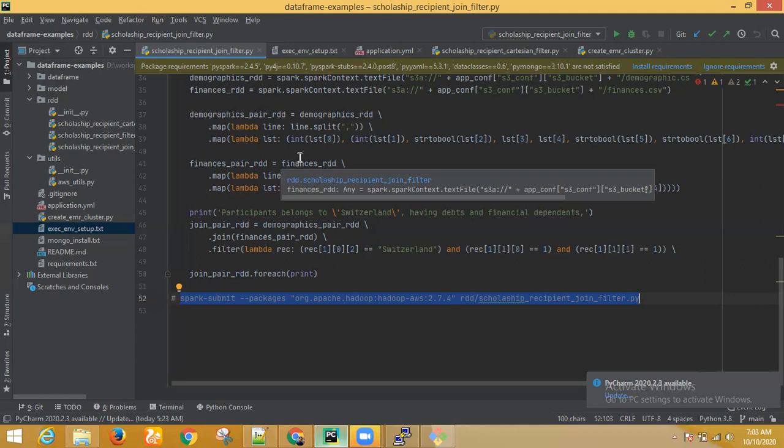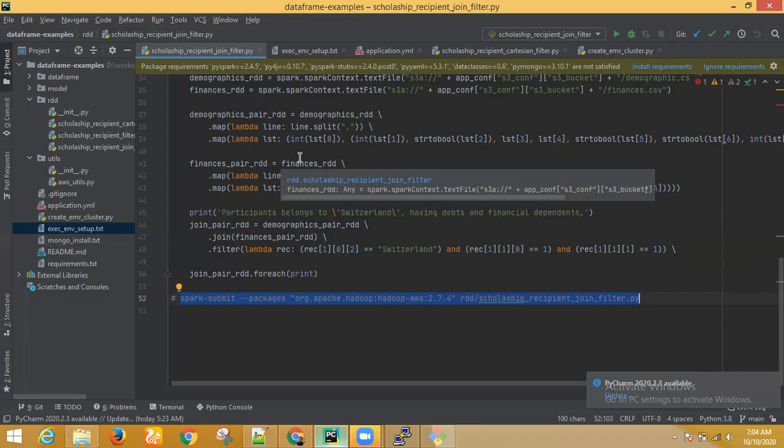Then the second thing is to create an EMR cluster and check out the code. Check in means you move your local code to the repository, and check out means you download the code from the Git repository to that particular computer. That means on your local computer, you develop the code and check in the code to Git, which means you make your code available to the central repository called Git.